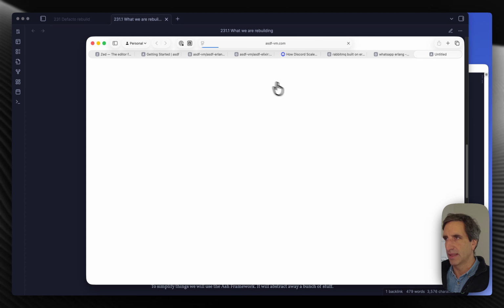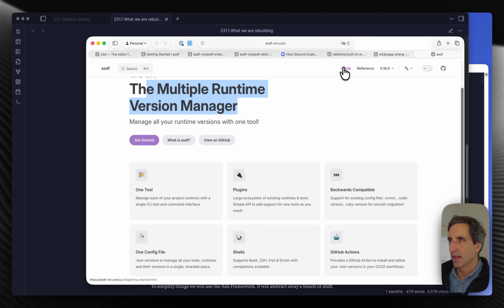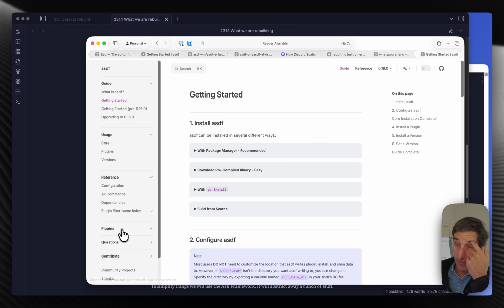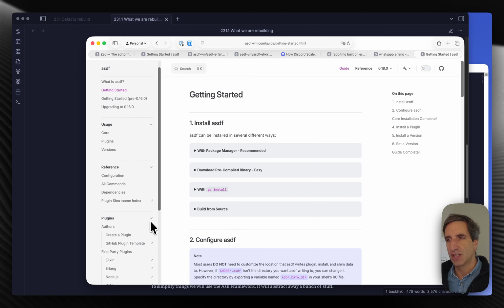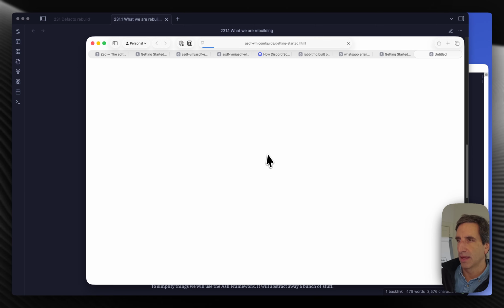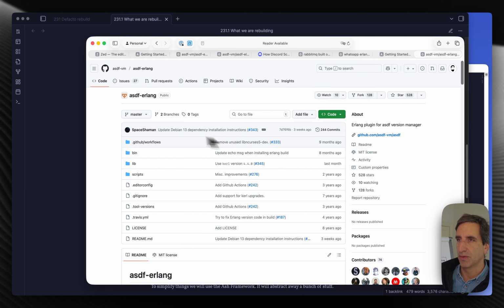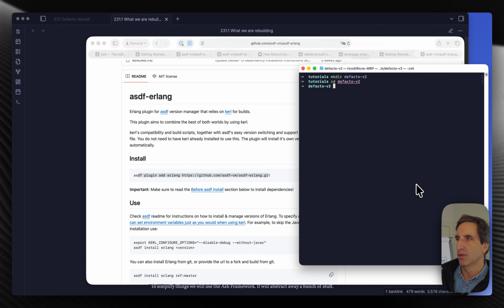So if you look here at the documentation of ASTF, it lets you run lots of them. If you go to the documentation, you're going to see the plugins, because ASTF is built on this plugin system. So each language is going to be a new plugin. So we have here Erlang, and it's going to send you off to another repo, and it has instructions there on how to install it. I'm not going to cover all those details here, but the most important is that you have these